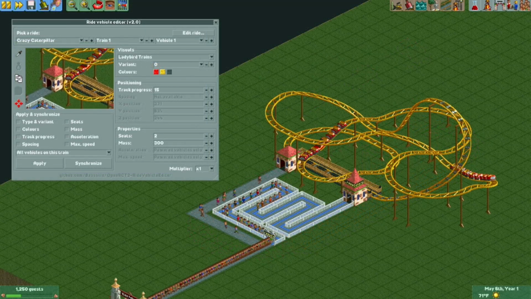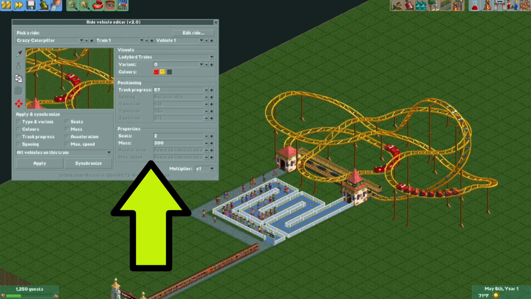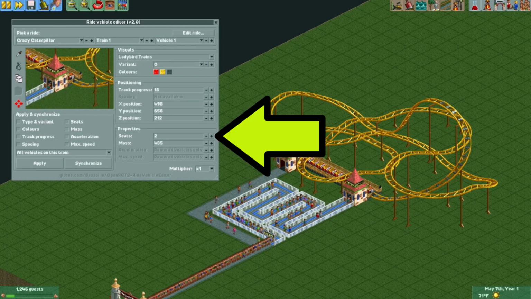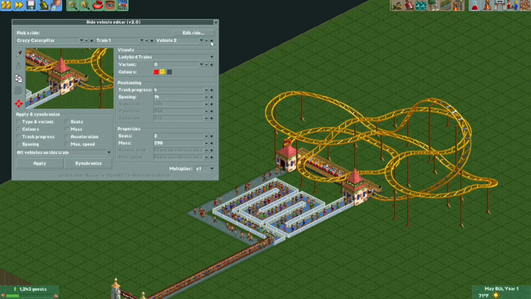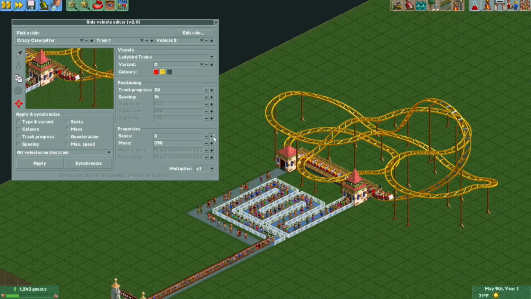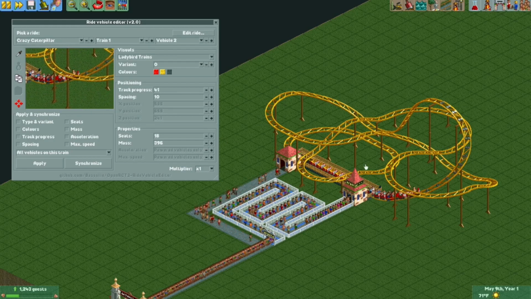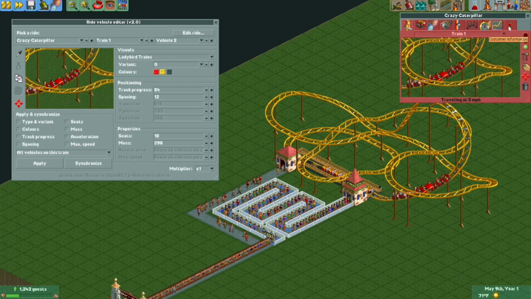We can edit a few other random things in the properties section. The seats tool allows you to edit the maximum number of peeps a vehicle will hold. You can set this to 0 if you don't want to have any peeps in a vehicle, for example, an underground control car for a shoestring, or crank it up to really cram your rides full. Remember, the more peeps are in a car, the heavier it gets, so be on the lookout for unwanted effects on your ride's behavior.